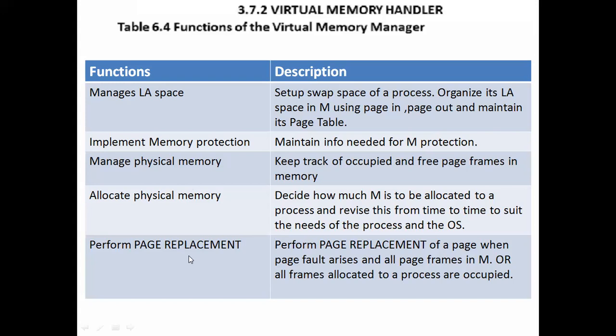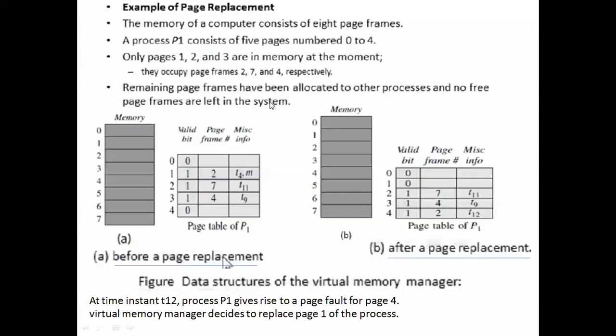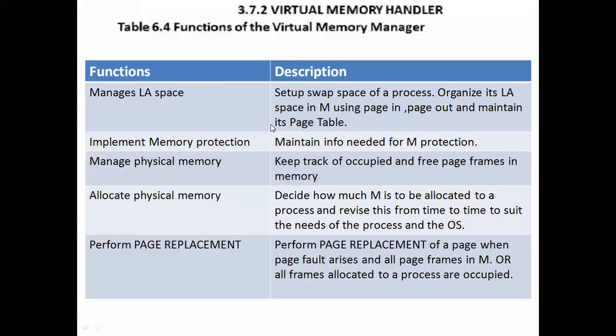Supposing the required page is present in the RAM, there is no need to do the page replacement. I repeat, page replacement is done only when a page fault is raised by the operating system. And a page fault simply indicates what? The required page is not present in the main memory, or all the frames allocated to a process are occupied. Right? So you can perform a page replacement, and that is one of the functions of this virtual memory